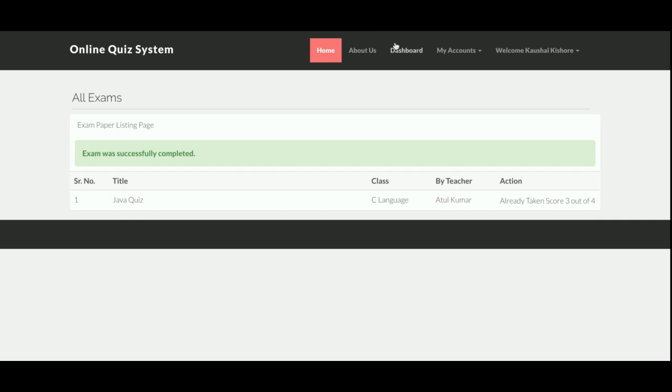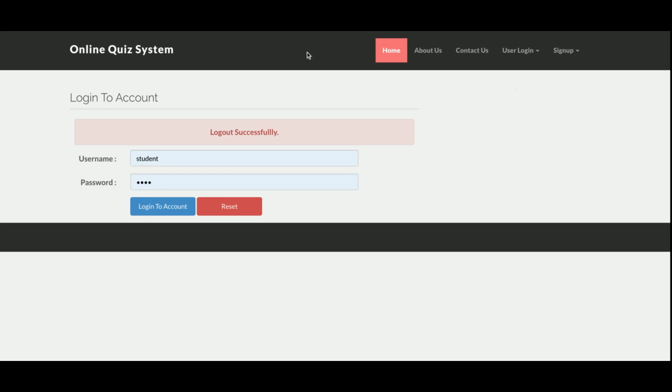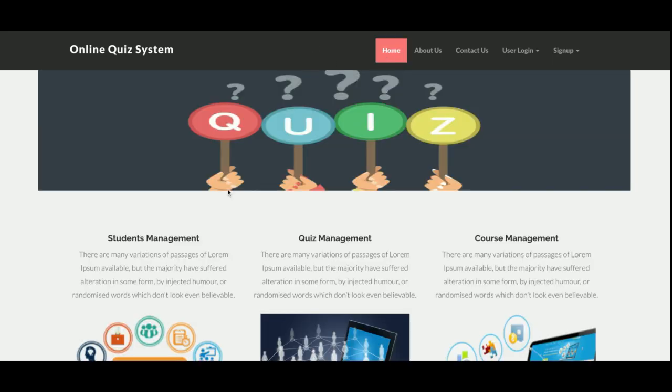So if you go on the dashboard and if you click on the my exams, it will show you that you have attempted this exam, right? Already taken, a score is this one, right? So if teacher adds any new exams and that belongs to that student class, it will be displayed there, right? Here you can see my exam sections and the logout. So once students log out, then he will not be able to access the internal pages, right?